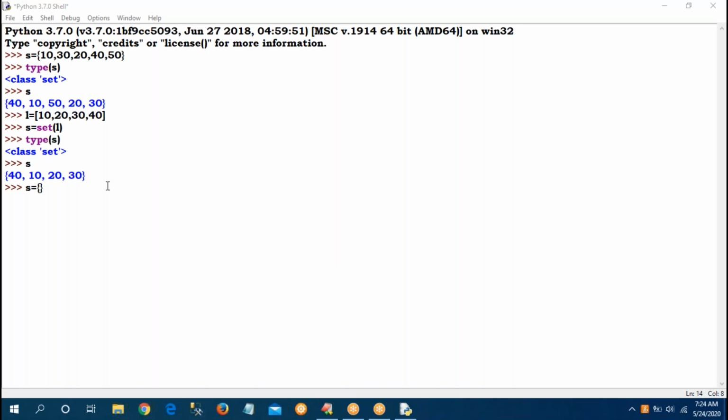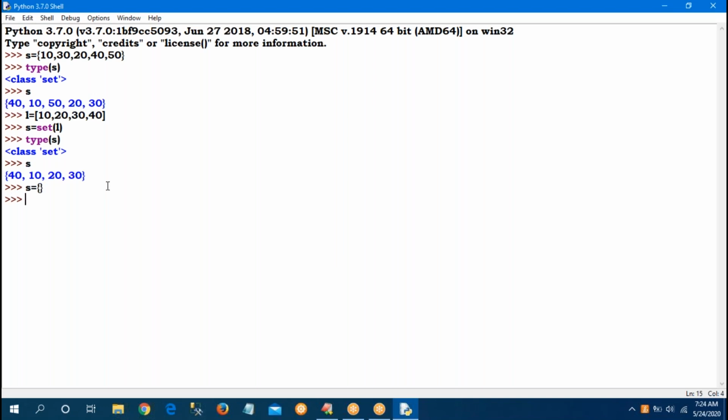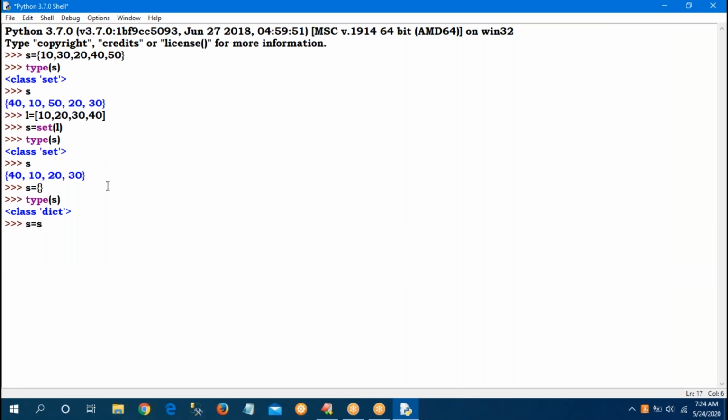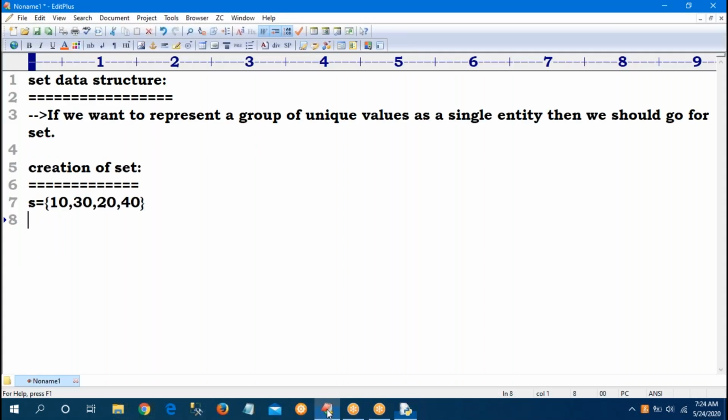It is a dictionary, because empty curly braces is nothing but a dictionary, not a set. Then how to get an empty set? The only way is the set function. Now you can ask the type of S. Yes, it is a set. So that is how to create a set.